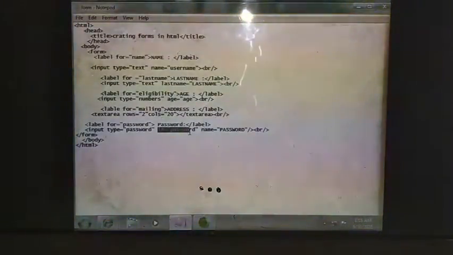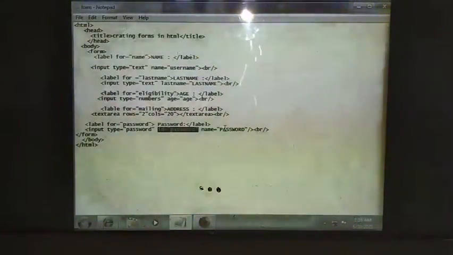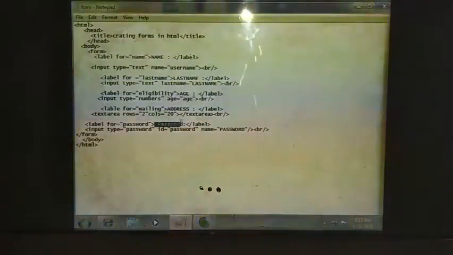The browser understood that this field has to be given a password which is to be hidden, which cannot be seen by others. So the name is password. This name, that label, will be displayed. Okay. So input type I have given, and I have closed the form, body and HTML.